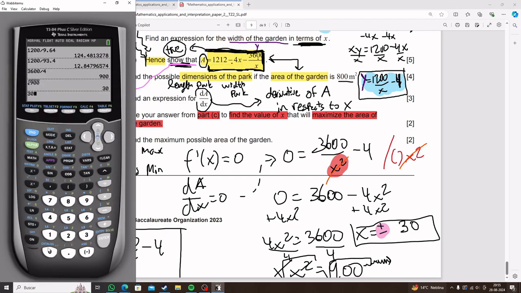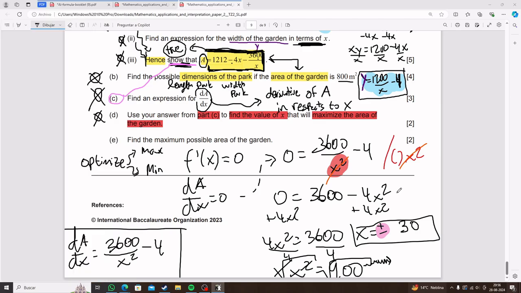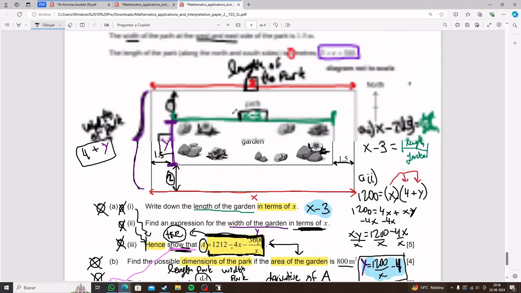So you can do 30 times 30 gives you that 900, but you can also do negative 30 times negative 30, and that also gives you 900. So that is why for solutions with square root with a base of 2, you always leave your answer as plus or minus 30. However, in this context,